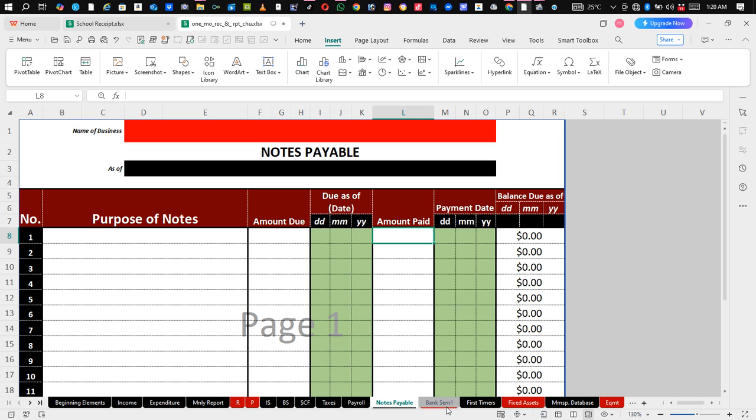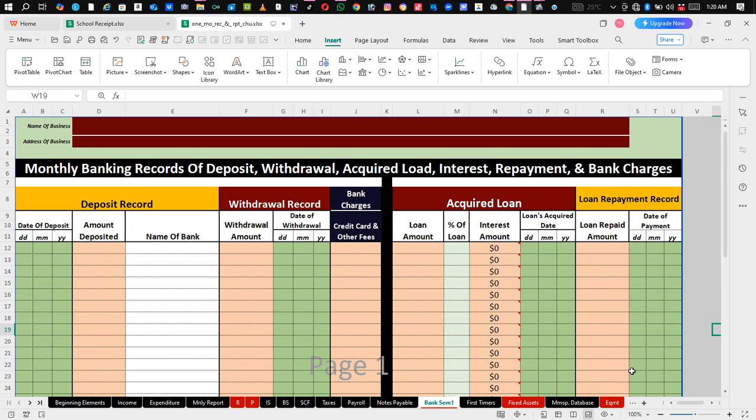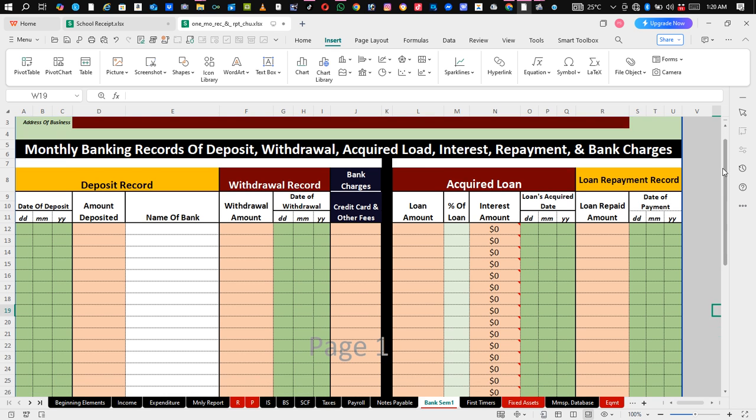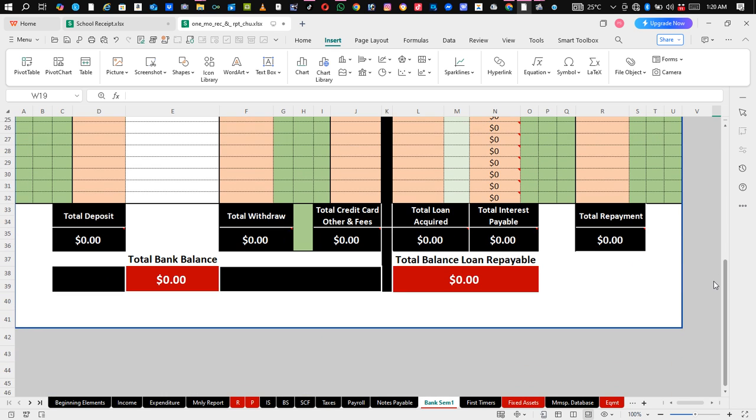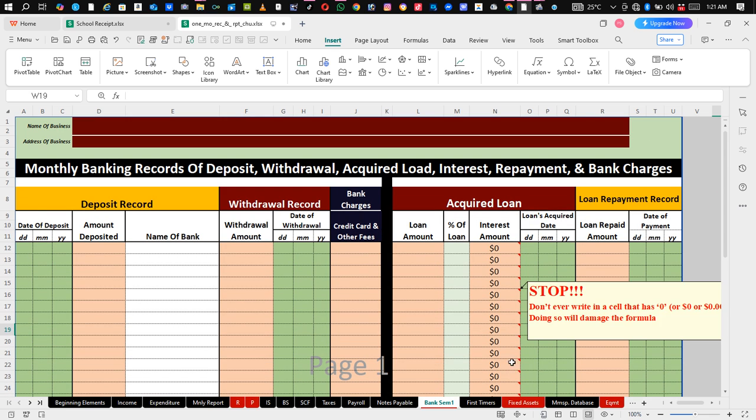So we have banking information on the next page. After notes payable, there's banking information, all your deposits, your withdrawals, everything. There's a document for it. Everything is here. The tutorial will teach you exactly how to use this page. All right, so that's it. Then you come to